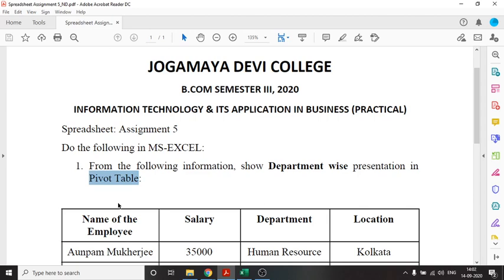This summary might include sums, averages or other statistics which the pivot table groups together in a meaningful way. Means we will be provided with a table containing data, and with the help of this pivot table we can present the data in a more flexible way. Right? So let us start now.